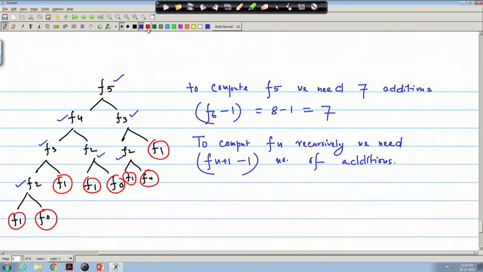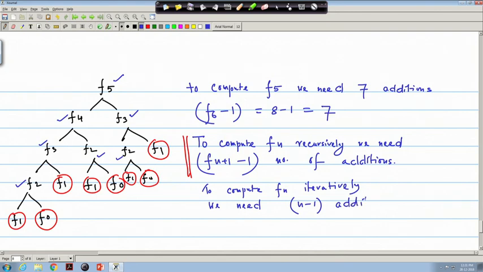Now, if we write a function to find the Fibonacci number iteratively, that means to compute Fn iteratively, we need simply n minus 1 additions. So, for n greater than or equal to 1, always F(n plus 1) minus 1 is much greater than n minus 1. So, what we conclude from here